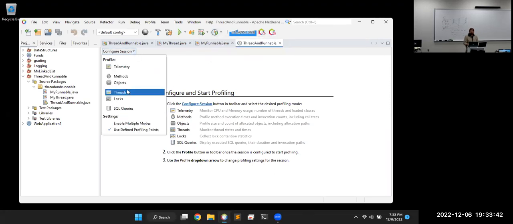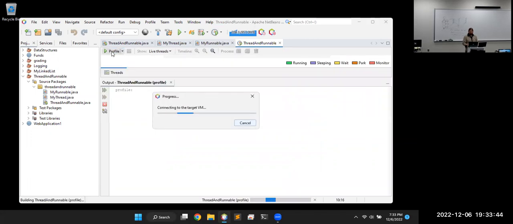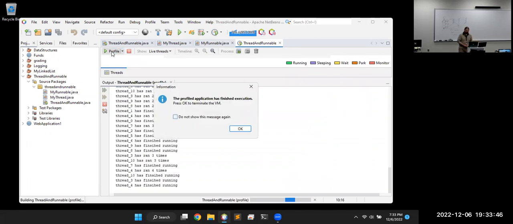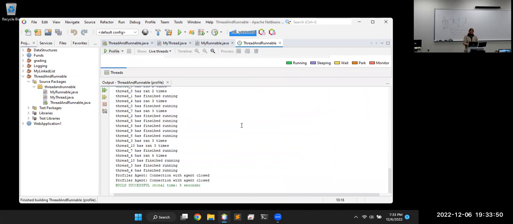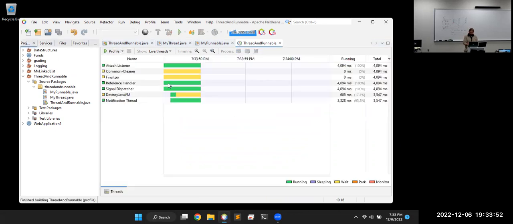And then under configure, hit threads, then profile our current one. It's going to run. And when we close this, we can see the time each one took and what was going on in each one. And when you do that in a program that's more interesting, the data looks more interesting, but the profile